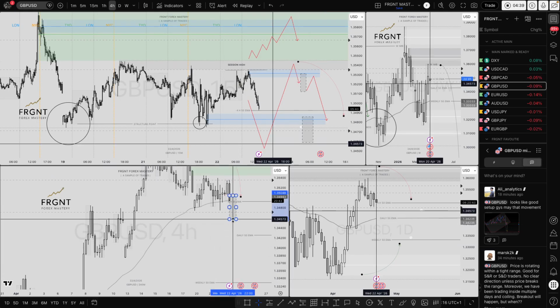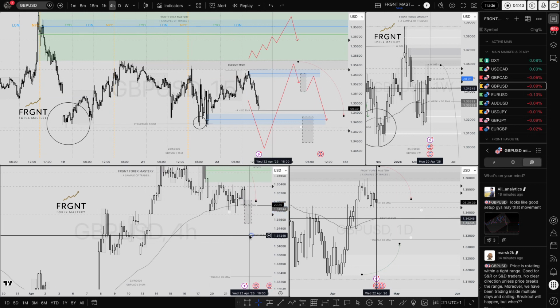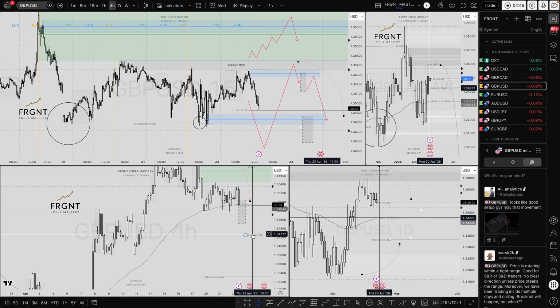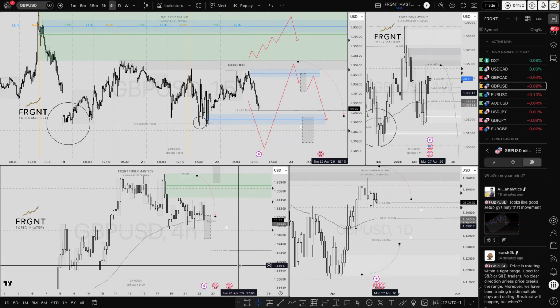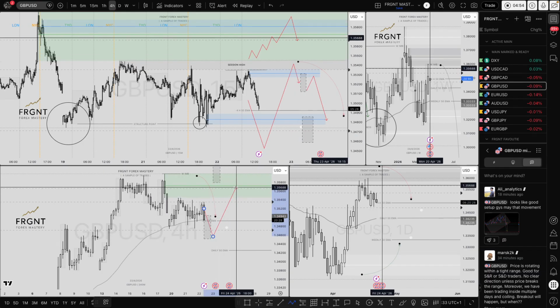So drawn by my, poorly drawn, I should say, 4-hour bearish candle that I would love for price to close below that 4-hour 50 EMA. And then again, it's just the simple basics of price action after a lower low. Expect price to want to pull back at some stage.